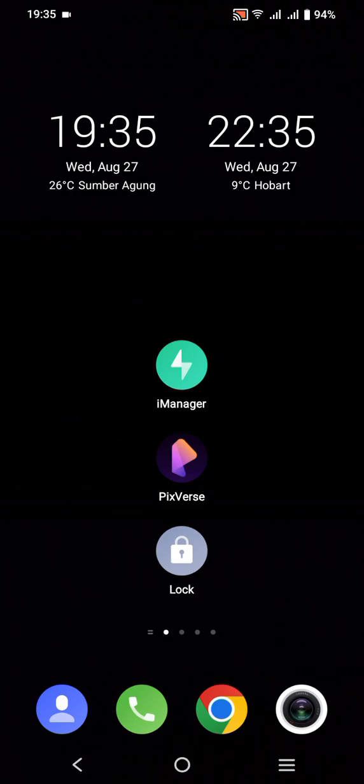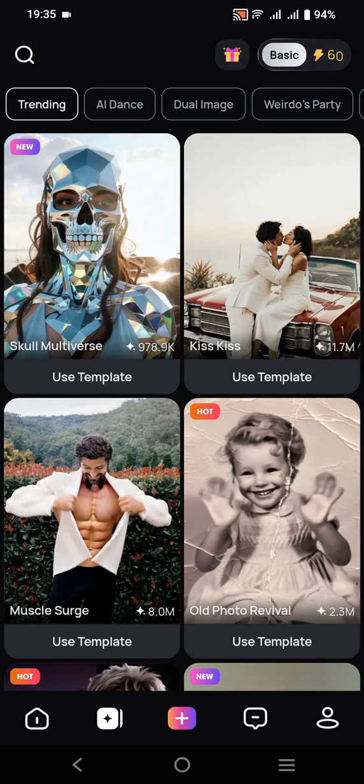So guys, the first step you need to do is, of course, install this Pixverse application first. And don't worry, because this app can also be installed on your Android or iOS phone. As soon as the installation process is done, you can simply open it. And also don't forget to log in first with your email,